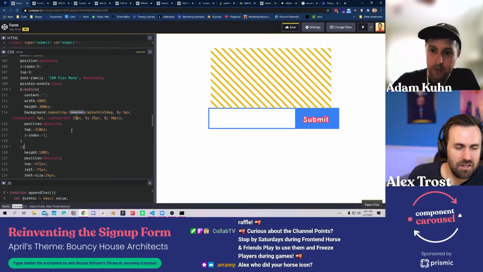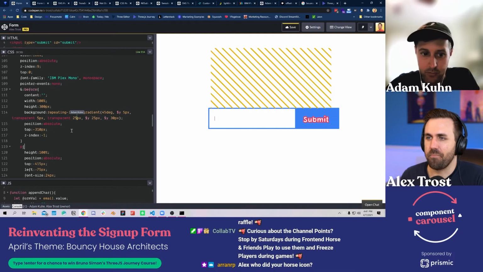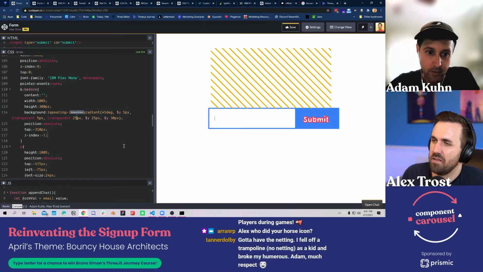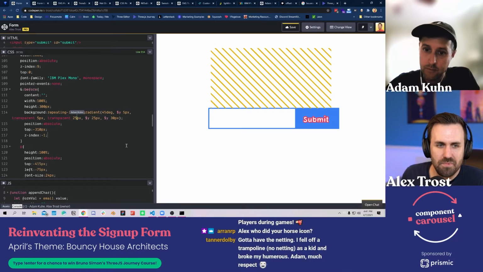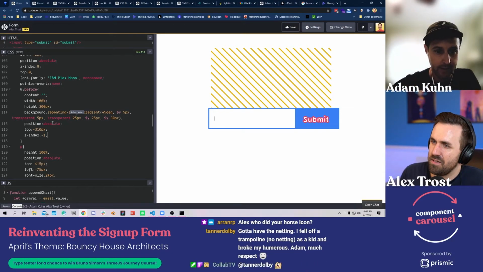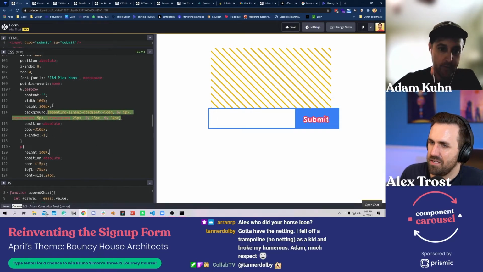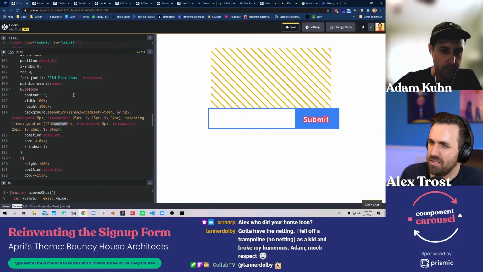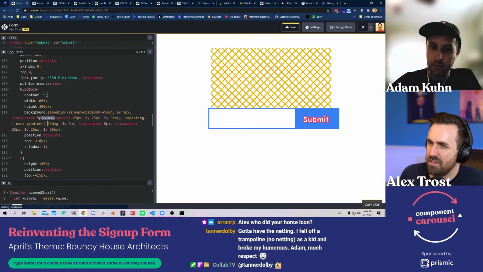Sure, yeah. If we use repeating linear gradient, we're able to effectively set up a background pattern that will repeat itself. And if we make a hard stop at a finite pixel or percentage or whatever measurement unit you happen to be using, then we get a nice little fun mesh sort of thing like that. Then we'll replicate that at the opposing degree so that we'll get our crisscross mesh.